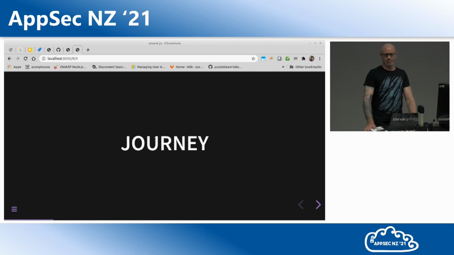Simon didn't really have the bandwidth for it, so I decided just to pick it up and start working on it. This is nothing to do with Zap. Zap just happens to be the emissary of the application tester that we use. We could have chosen something else, but Zap's the best one. It's free and open source.